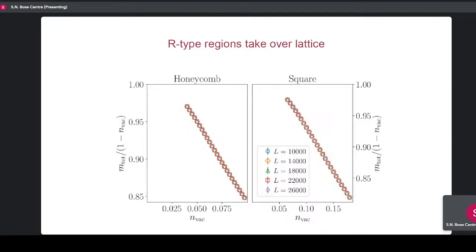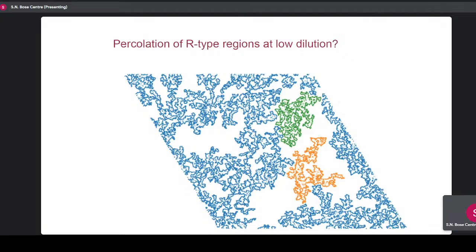Right? So now you start thinking of percolation. And here's a picture that should encourage you to think of percolation. This is the largest 3 R-type regions, RA and RB, in a honeycomb lattice at 5% dilution, uncorrelated site. So you've done nothing with your actual dilution to encourage any large-scale correlated structures. No problem. But if you look at these monomer carrying regions, these R-type regions, the largest 3 look like this. This is the largest, second largest, third largest. And in this finite sample, at least, the largest looks like it spans both sides and wraps around twice, right, in 2 directions.